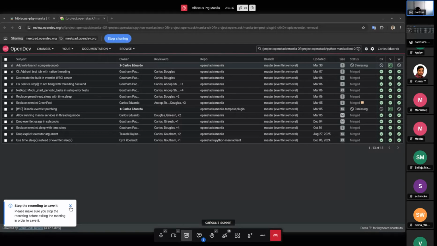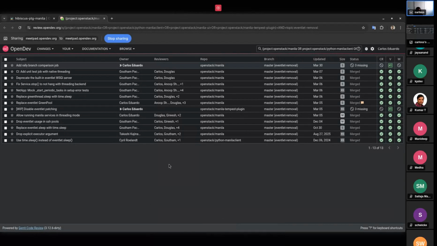So at the end, we followed the approach that other projects are doing, which consists of, instead of just dropping Eventlet in a single release, taking a multi-phase approach. This multi-phase approach consisted first of allowing Manila to be deployed with Oslo threading instead of Eventlet. And at the moment, we are not recommending it to be done in a production environment, and that has been